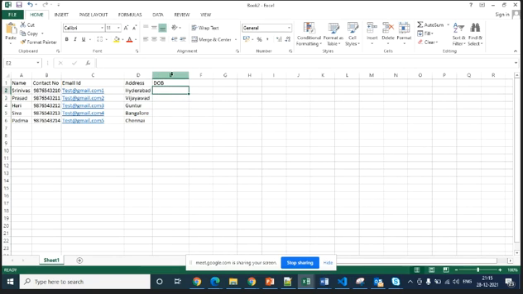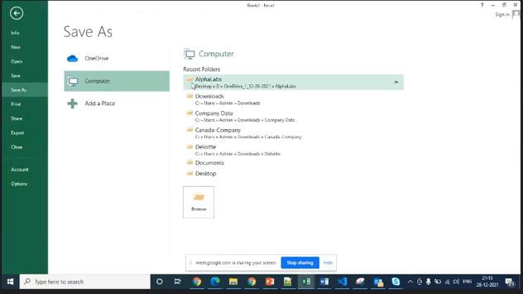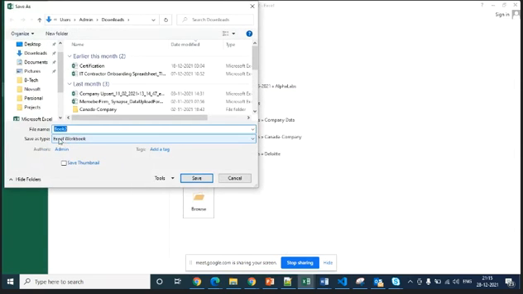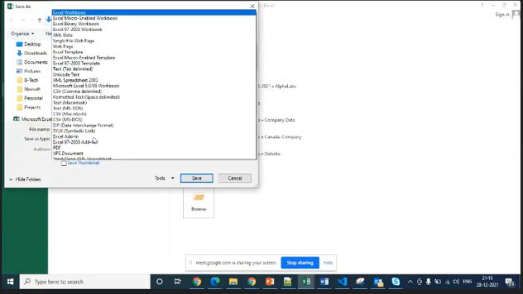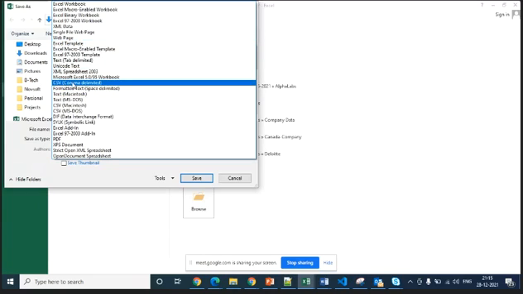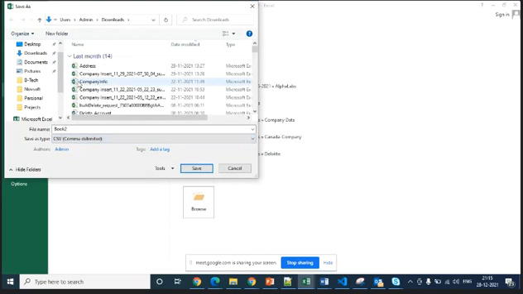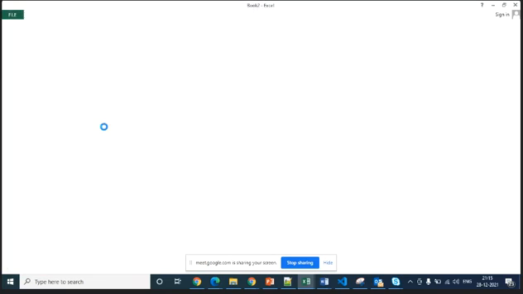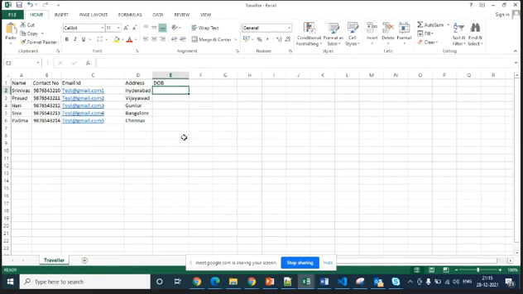Now I will talk about this later. For now, try to save this data in the form of CSV. See here, by default it is showing Excel. Just click that, and it will show comma delimited. This means comma separated value with a delimited format. Then click it and provide the name called traveler. Save it, and the file will be saved in CSV format.